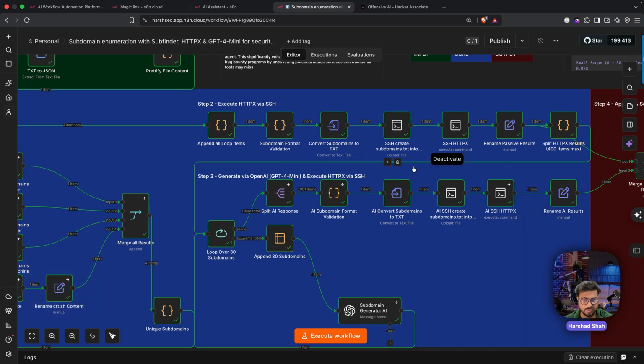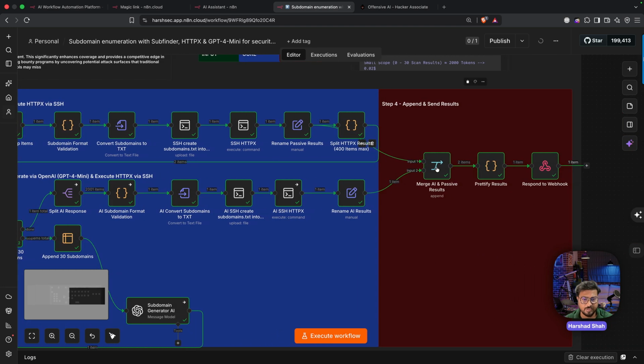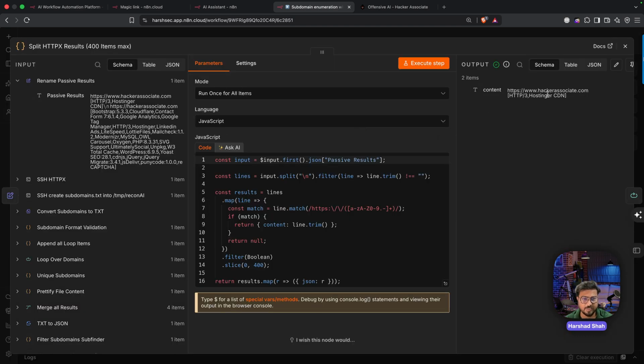Let me go Control Z. Here you can see this is exactly called merge AI passive result, and after that we have a prettify result, and we have an output directly. If you see the output, here you can see clearly out of this only we have this as a live